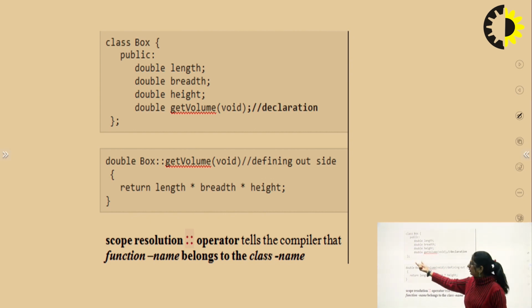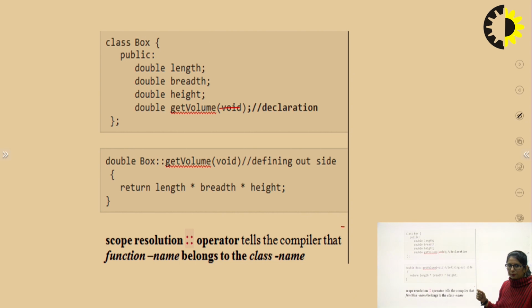The return type is double, so mention that return type. The class name is Box, mention the class name. Then the scope resolution operator, after that your member function name, its return type, then the variable type, and then its definition body. This is the way you need to define your member function outside the class body, right? After the class, if you want to define it, you have to mention the return type of that function, that class name, scope resolution, then its member function,